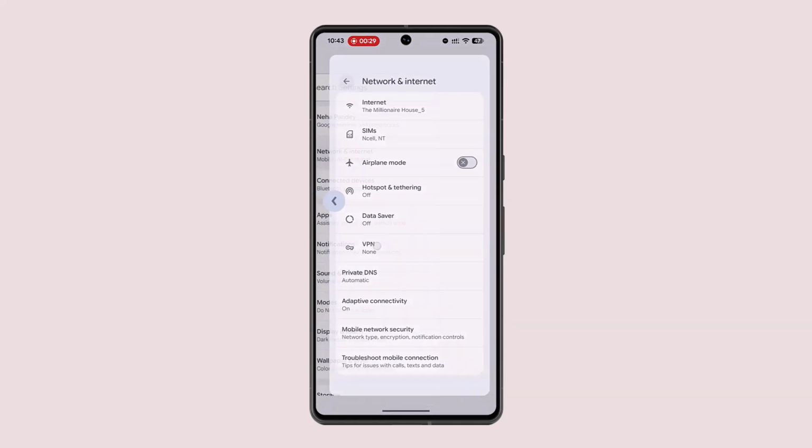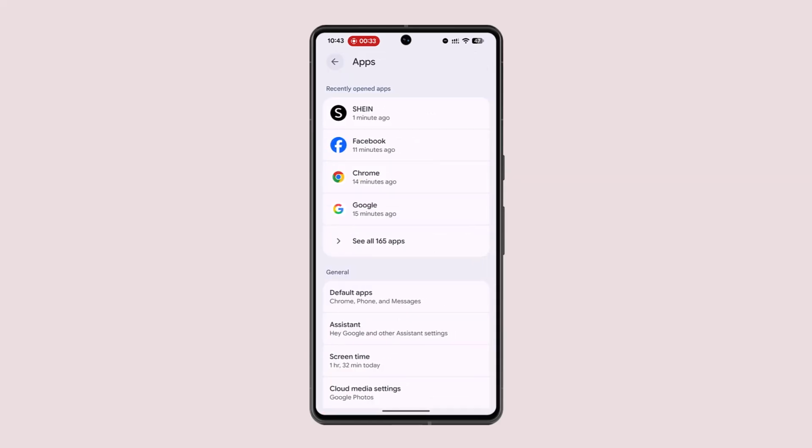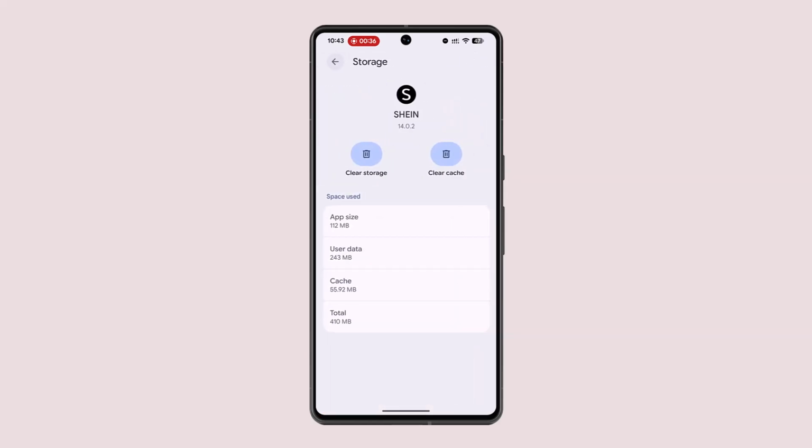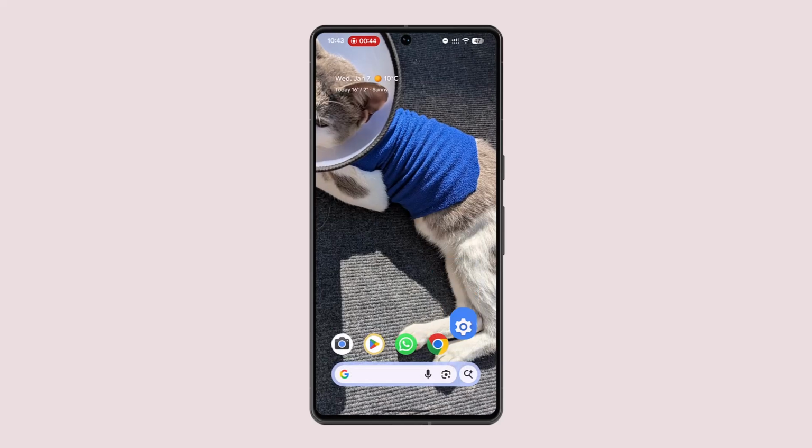Now that you are in the settings section itself, you then need to locate the app section from the list. Go to Shein and here you want to click on storage and cache. You could also clear storage, but you'll be locked out of your device. So you could just go ahead and clear that out, and if the issue still persists, try checking for